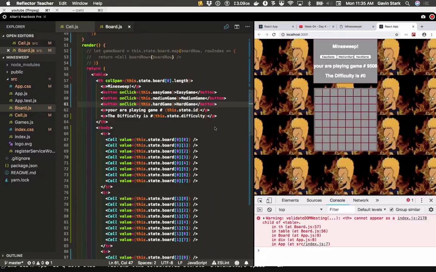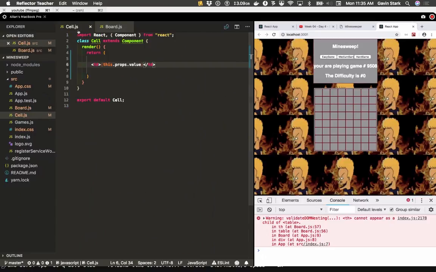Cool. So you've got cell value. So let's go look at your cell. Cool. So what we want here is we want an onClick function. So the very next thing is we need to be able to click. The first thing we do is we put an onClick on the TD. So add an onClick function to your TD. OnClick equals